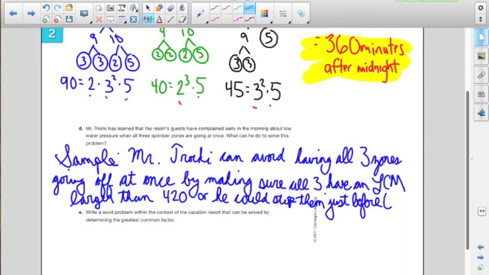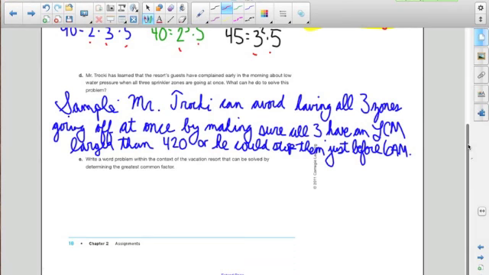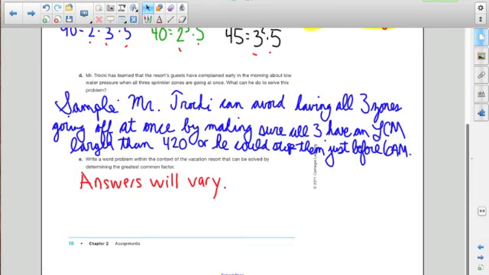Okay. Notice how I'm trying to explain this in complete sentences. I'm trying to explain it in more than one way if I'm able to. I'm trying to make sure my answer is clear as I'm going through this. For part E, it asks you to write your own word problem